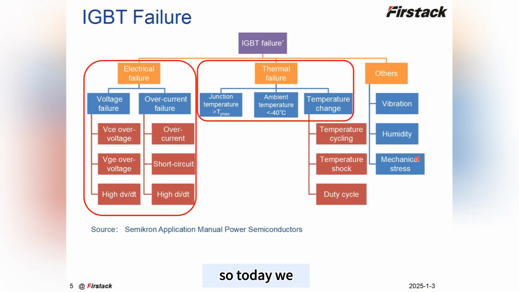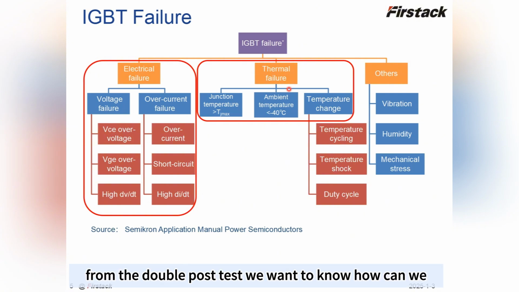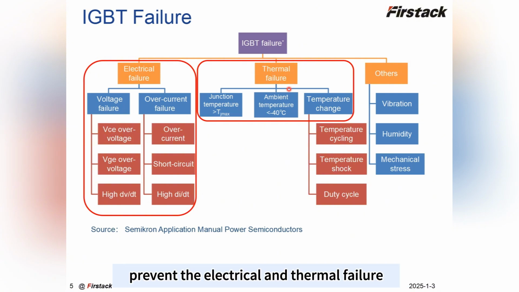So today we only focus on the first two aspects. We want to know how to prevent electrical failure and thermal failure. Actually, this question is also the purpose of the double pulse test, which means that from the double pulse test, we want to know how we can prevent the electrical and thermal failure by the test,